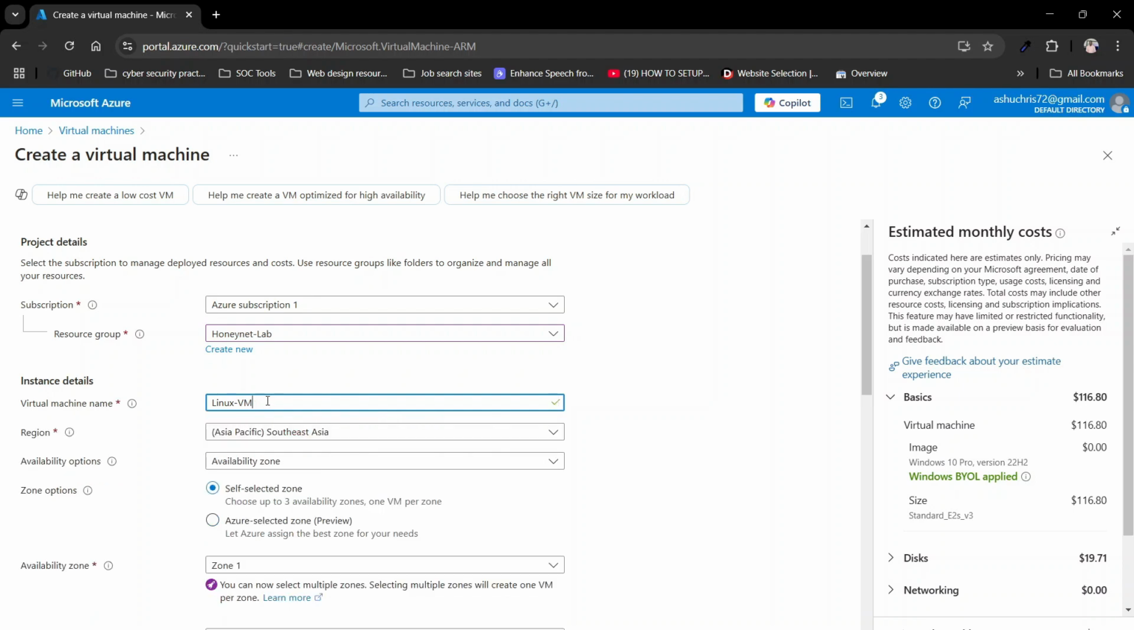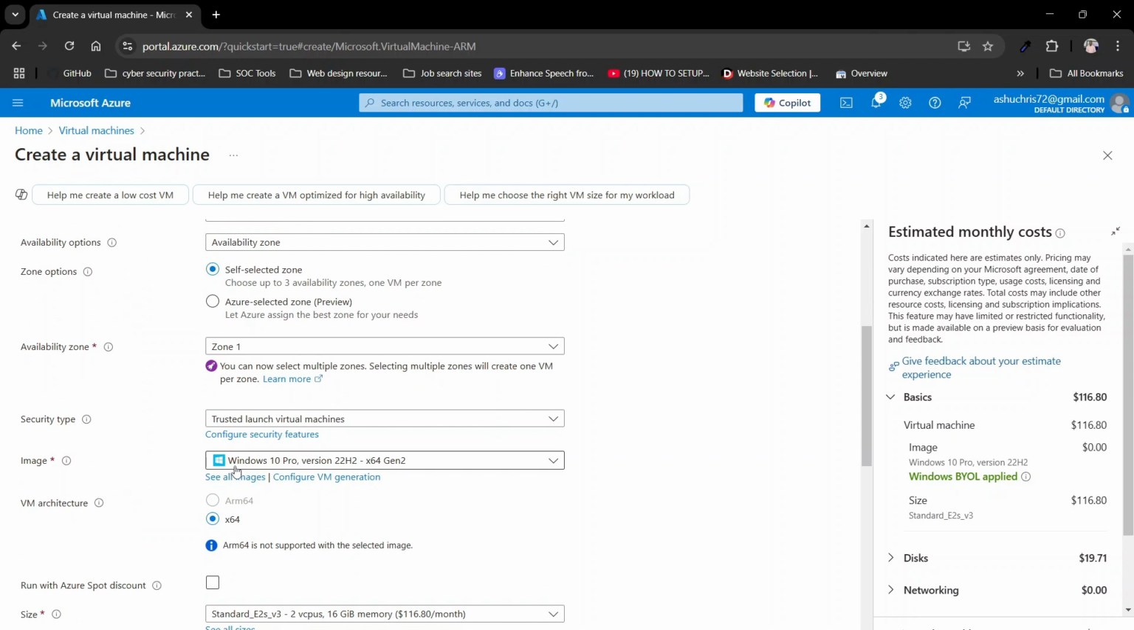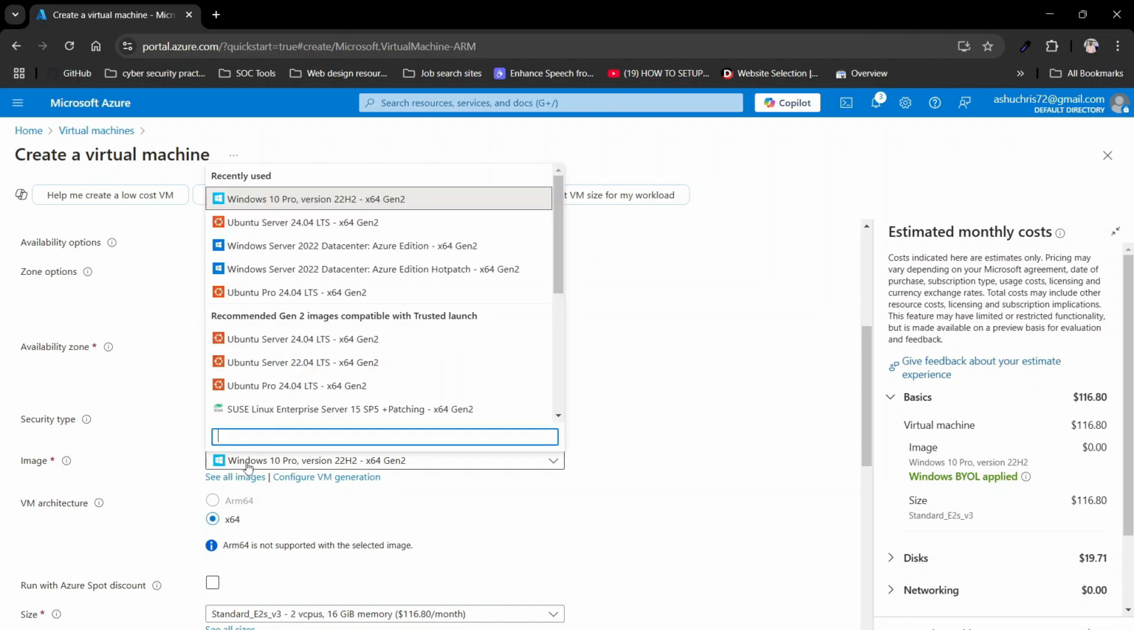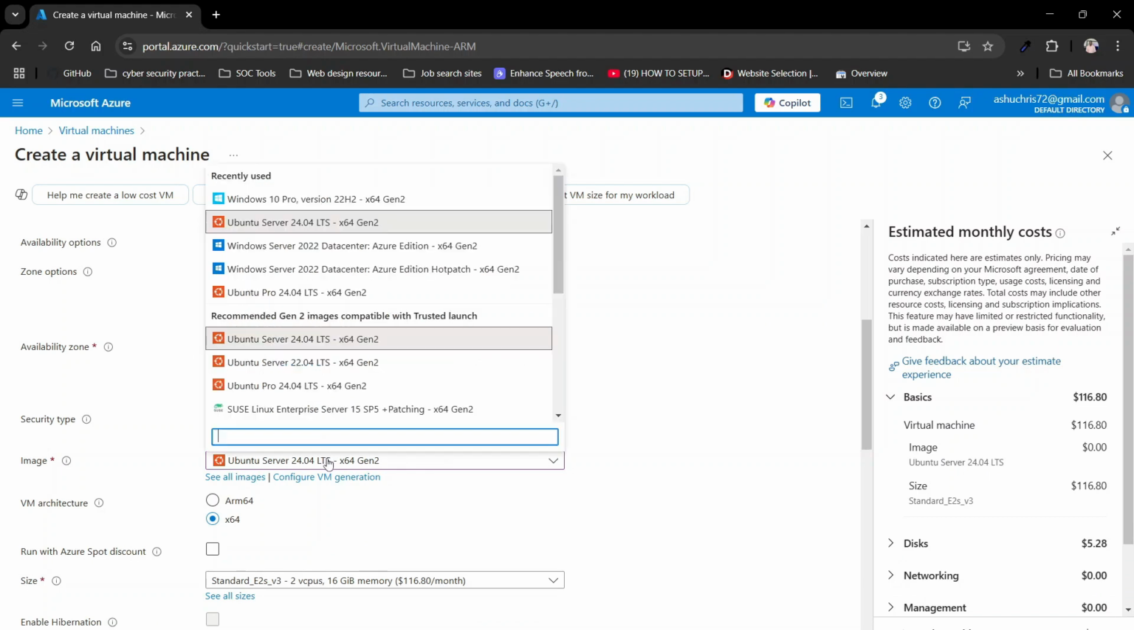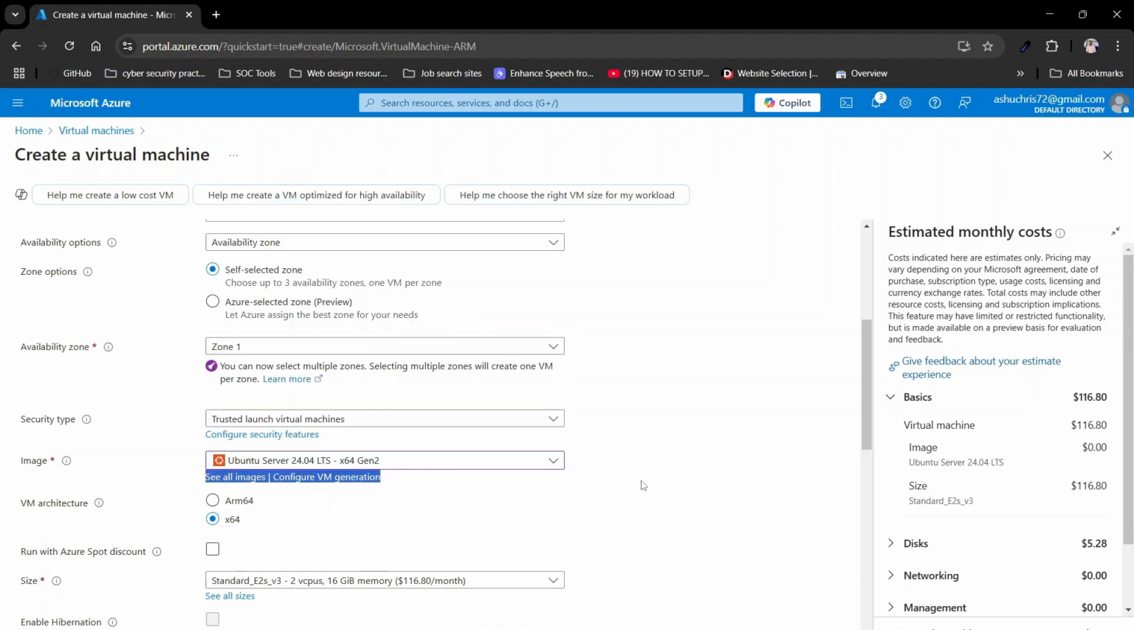The region should be in the same region that we created before. I'm using Southeast Asia, so it has to be in the same region, please. And let's scroll down. So Windows 10, we don't want Windows 10 for this. We can use an Ubuntu server. Let's use a Linux VM. Yeah, let's use a Linux VM for this. And going down,